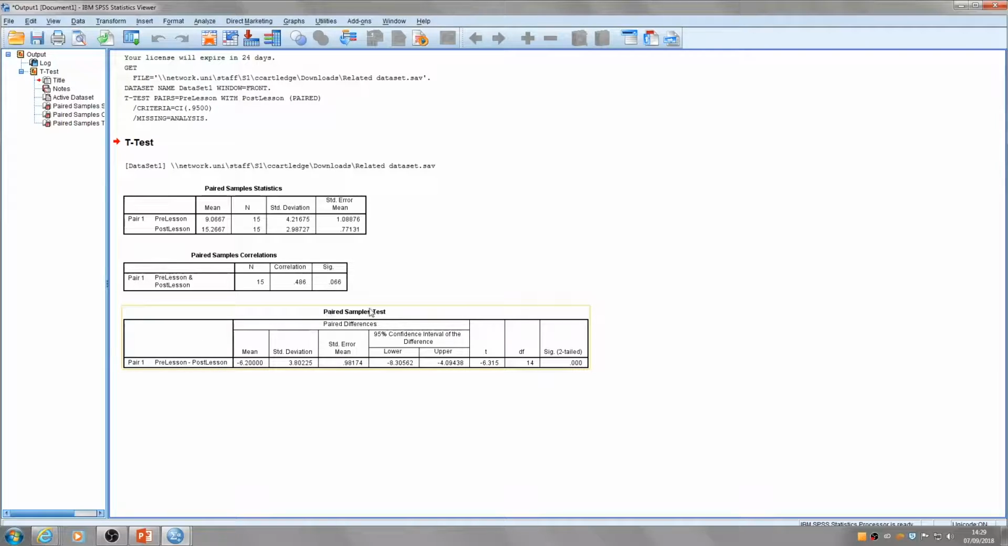Then the third table, this one here, the paired sample t-test, is the results of the t-test. So this table gives us the mean difference between the two conditions, which is here, minus 6.20. So the difference between this mean and this mean is this amount here. It also gives us the standard deviation, which is here, the standard error mean, and then the next 2 columns give